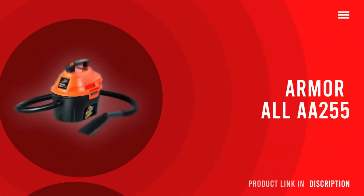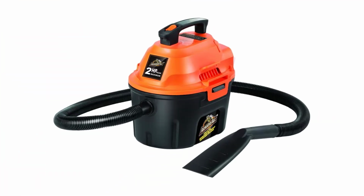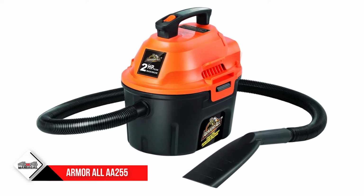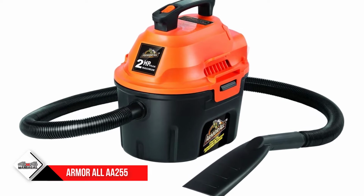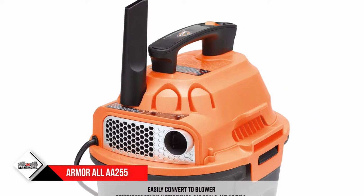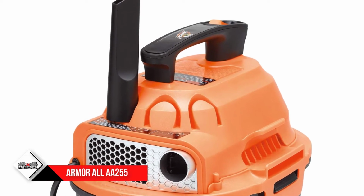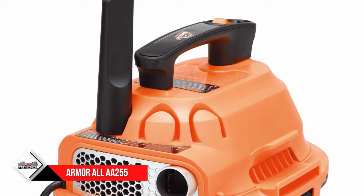Number 4. ARKALL AA255. Don't care for a cordless, handheld vacuum? If you have easy access to a power outlet and need a wet/dry vacuum, the ARKALL 2.5-gallon shop vac is a great choice. It's not overly powerful with a 2-horsepower motor, and its 2.5-gallon storage tank isn't the largest available,